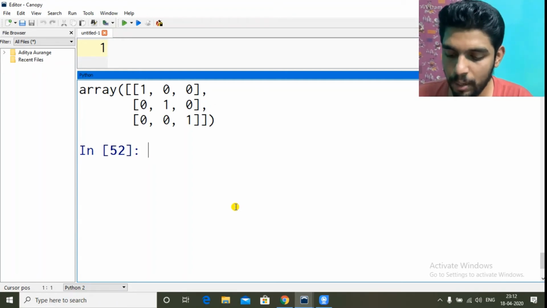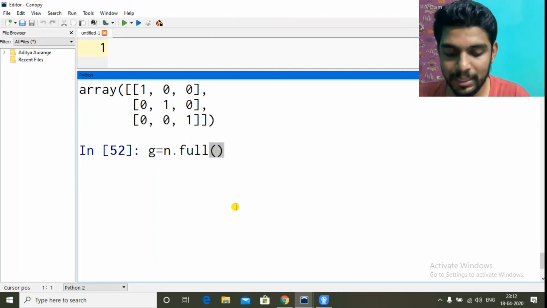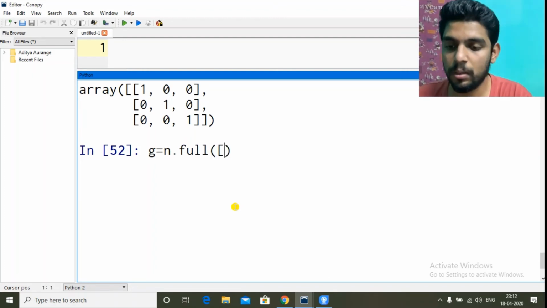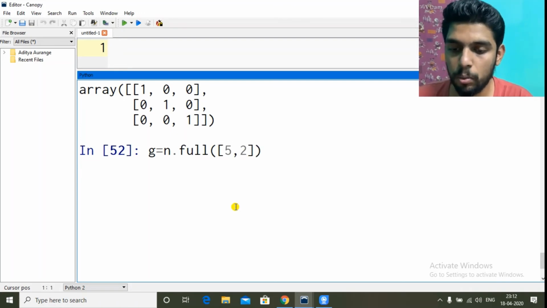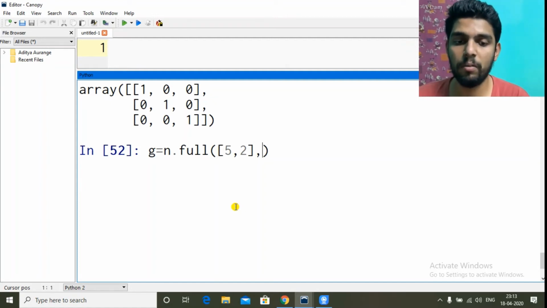Same way, we use f, g, we can use same, but why not? g equal to np.full, and inside the function we give the dimensions. Okay, here the dimensions can be different, 5, 2. And we have to give here one more value because we are giving a user value which will be copied to all the cells.